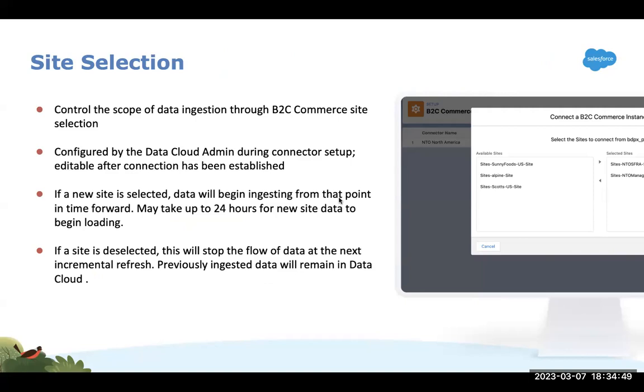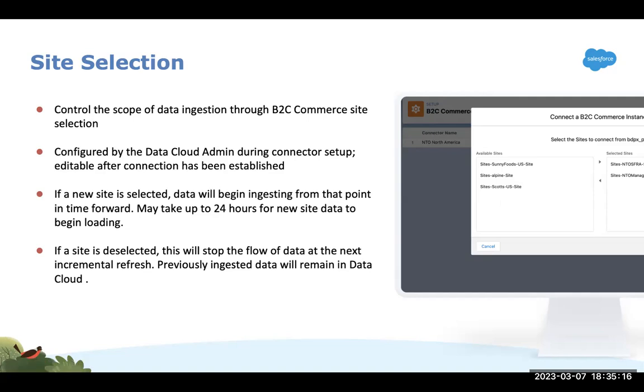I can click on my B2C Commerce Cloud connection, and then I have full control over the scope of ingesting data through the B2C Commerce sites of my selection. Once I connect my B2C Commerce instance, I can see my available sites, the active sites in production or sandboxes. You can choose a number of sites, and then just start